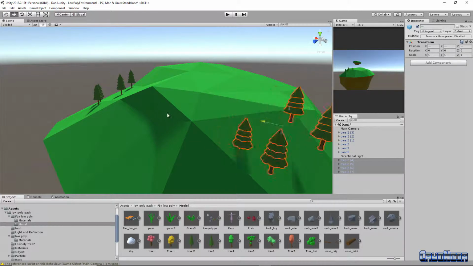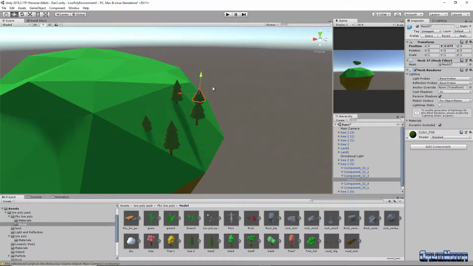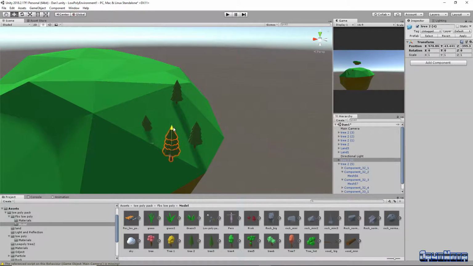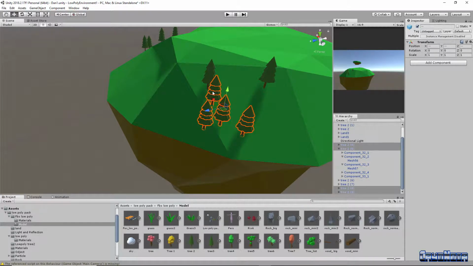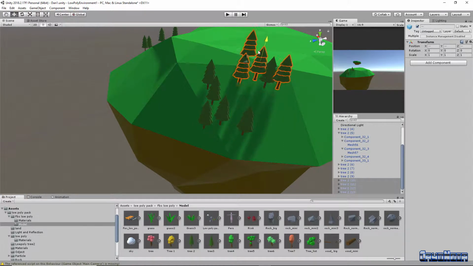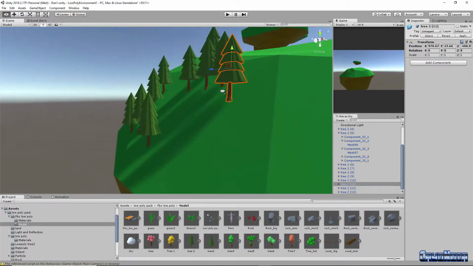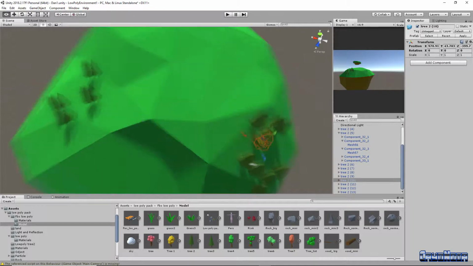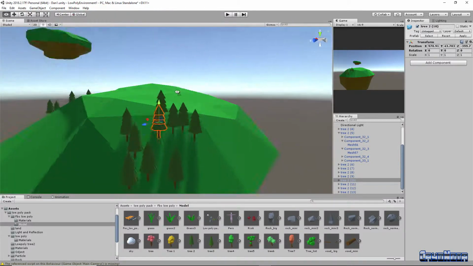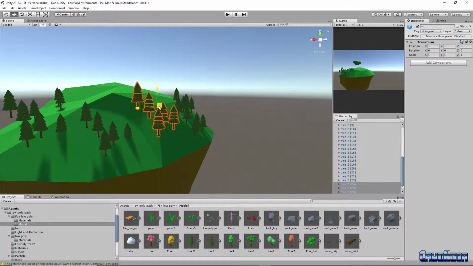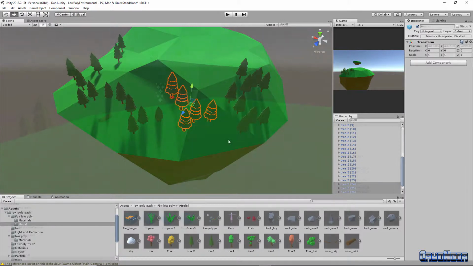fantasy scene. Now, I've edited this together quite a lot because a lot of work and time went into this, and if I sped it up to the point where it would be a reasonable length video, it would be far too fast to watch. And if I keep it at a reasonable speed like this, then it was going to come in at about an hour and a half, 2 hours long, which nobody's going to sit through. Also, an awful lot of it is me just placing trees, because I'm not using the terrain editor. This means I have to place each individual object, so consequently there are lots of trees, so it takes a